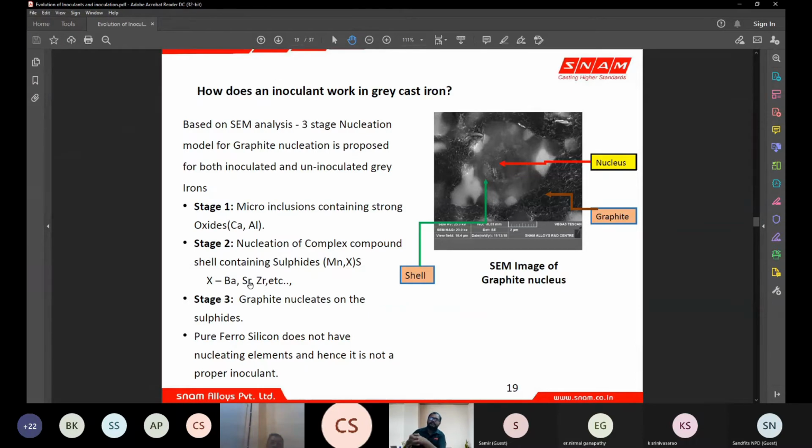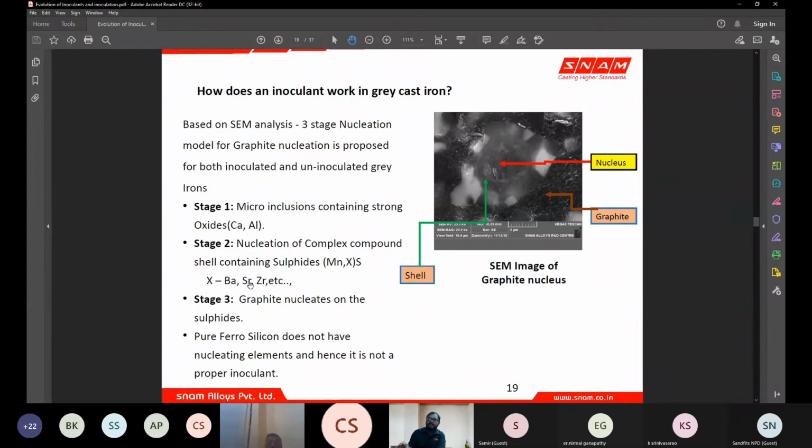So when we see this entire picture, you need calcium, you need aluminium, you need barium and strontium. So if you have an inoculant without barium and strontium and you consider this scenario, you will still be having some calcium and aluminium which is in a trace amount. So if the calcium and aluminium is in trace amount, then the micronuclei formed also will be in trace amount. And if you don't have this X, like barium, strontium, or zirconium, if it is just manganese, the amount of shell or the strength of shell or the amount of nuclei getting generated will be less.